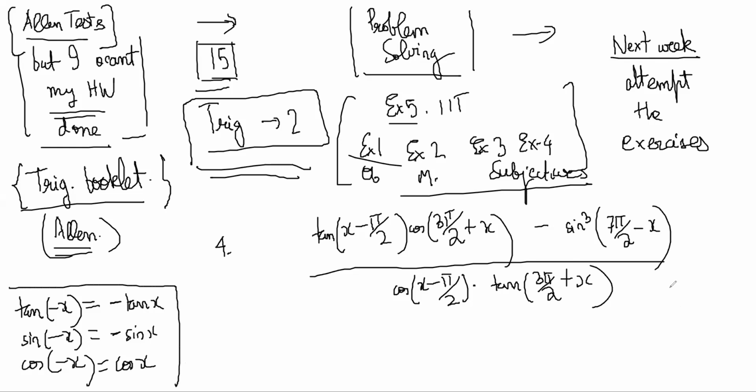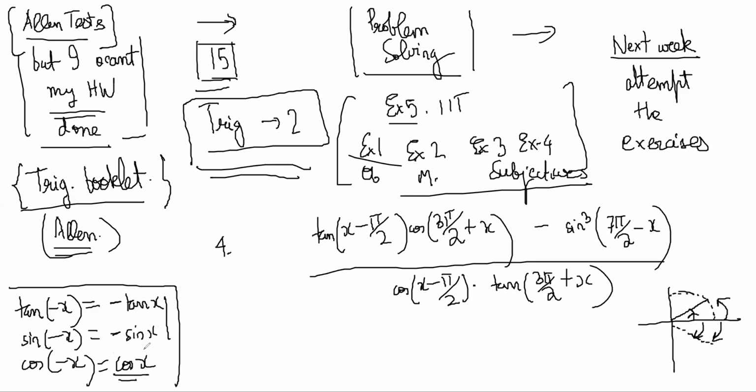Because... Akhil, do you understand why? No. See, this is a circle. If you take an angle this side, it's anti-clockwise, right? All the positive angles are supposed to be in the anti-clockwise direction, okay? And negative angles are supposed to be in the clockwise direction, right? So cos is positive in the fourth quadrant. If you go clockwise, you come to the fourth quadrant, and in the fourth quadrant only cos is positive. The other two are negative, so that is why it is negative tan, negative sine, but plus cos.